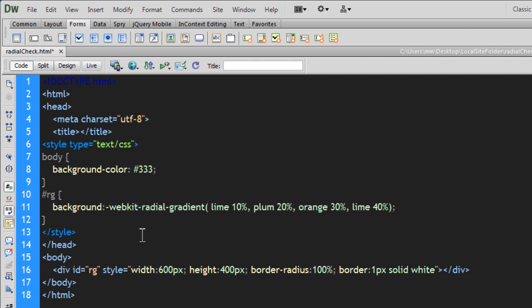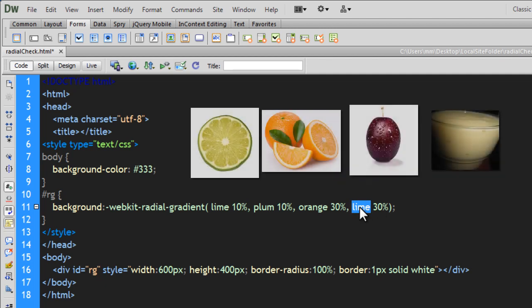Alright, let's revert back, and now, people, I'm going to show you something more. Let's say I have 10% for the lime going out here. I repeat that value for the next color, 20, and then this 30 I repeat it for the next color too, 30. Let's change the color to a different color, let's say papaya. So the fourth fruit coming up, P-A-P-A-Y-A, but the name of the color is papaya whip. Alright, so I'm just adding one more color, but you see the trick that I'm using out here,